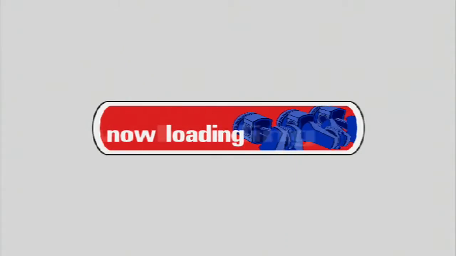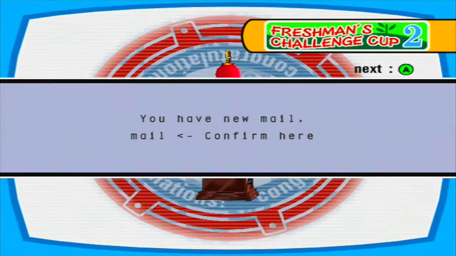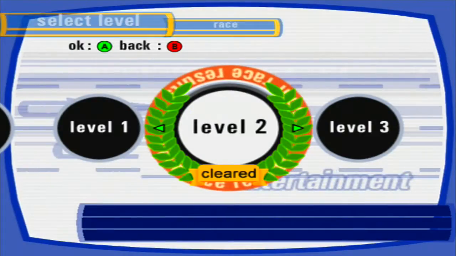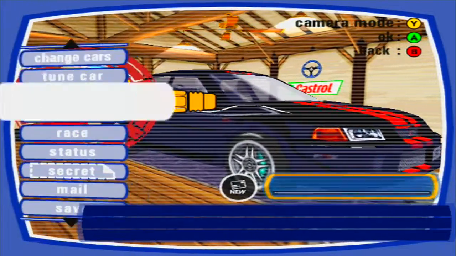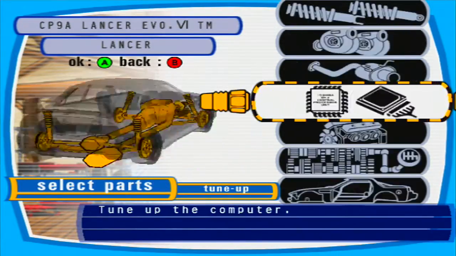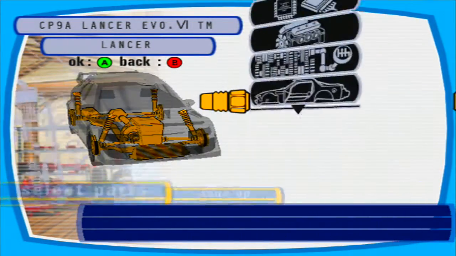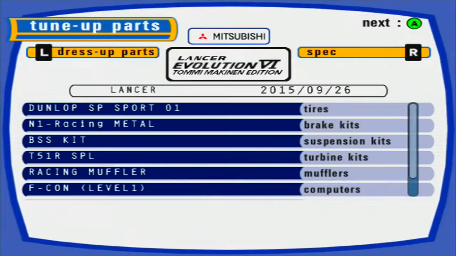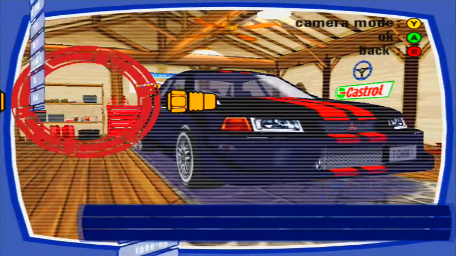But anyways, what do we unlock for this one? Level 1 computer tuning. That should give it a little bit better brains. I'm sorry. But anyways, let's go. Move the cord away so I don't keep doing that. Okay, computer tuning. It will now go up to 439 horsepower. Pretty good. But now, once we get back to it, over to race,